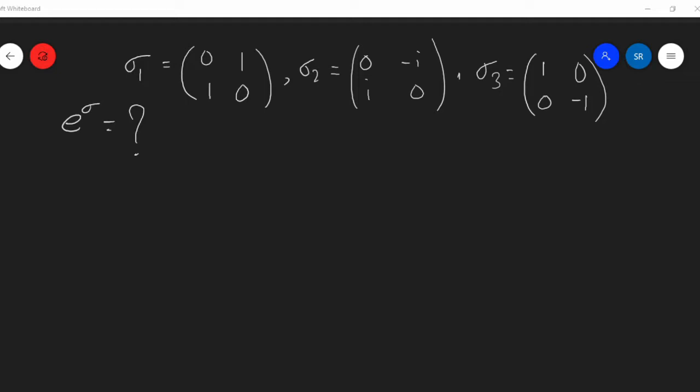So in today's video, I'm going to figure out the exponential of the Pauli matrices, especially these three fellows over here. We already know, okay, probably some of us don't know, that the Pauli matrix of the first one, sigma naught, is, well, the identity matrix. So the exponential of this thing, well,